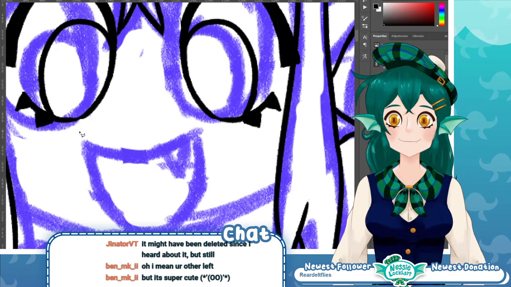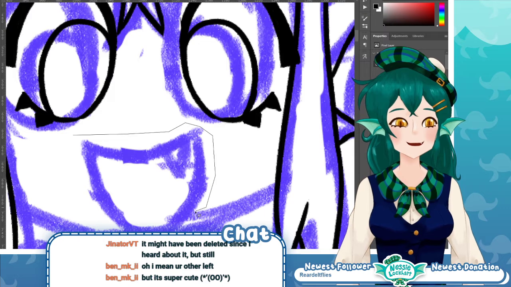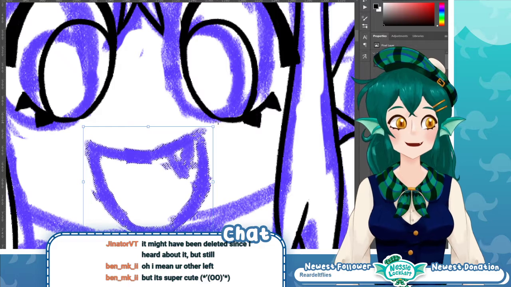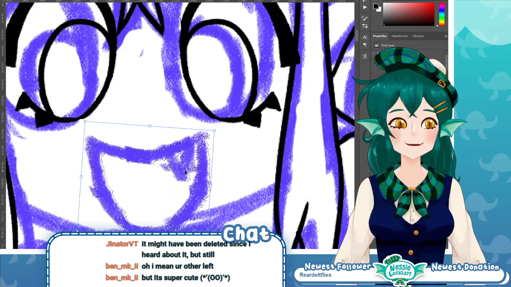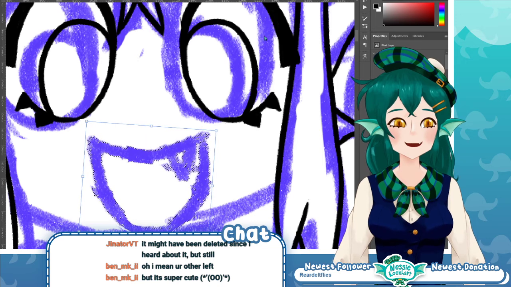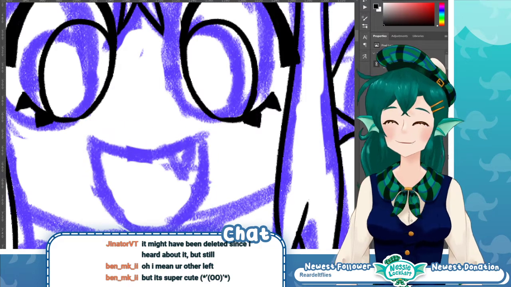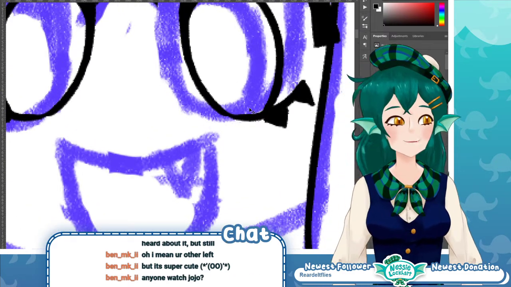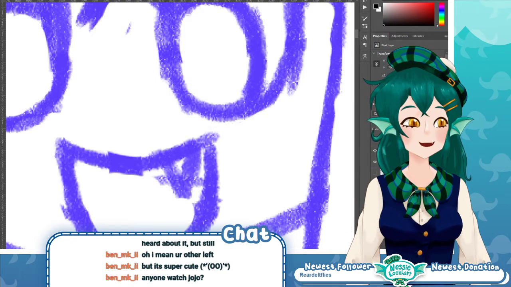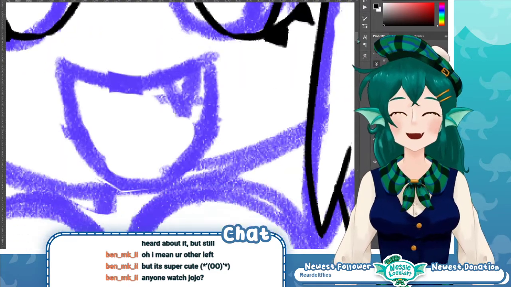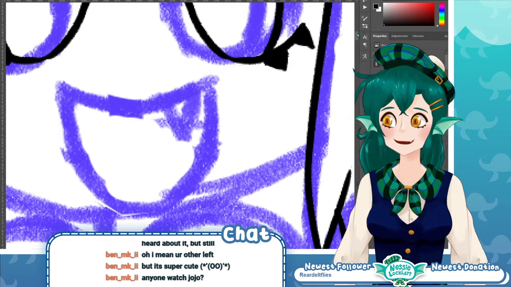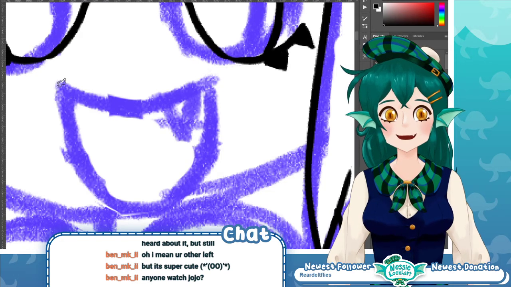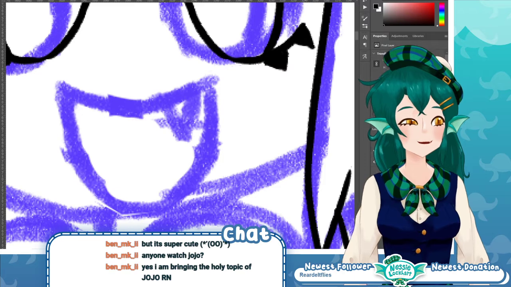Okay, I'm actually gonna move this mouth a little bit. So now it's off center. So it's a little canted. There we go. Okay. Yeah, I don't think there's anything wrong with adjusting things a little bit with the selection tool. That's how you make things look perfect. That's one of the whole draws of digital art, how you can literally just select things and drag it around.